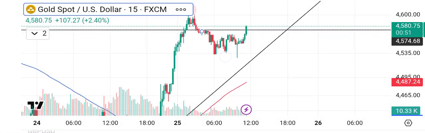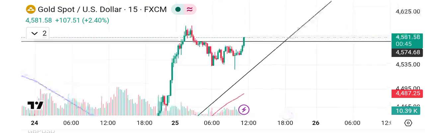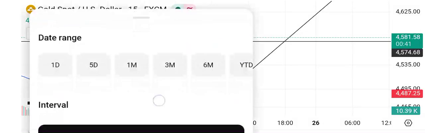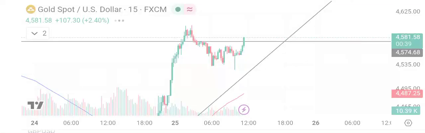You can see that there was a double bottom, and then we had a wick here which liquidated this double bottom, which is a liquidity sweep. That's why we can see the price pushing up. So now we have a change of character. We can see that price was able to take out the last immediate resistance which we have there.